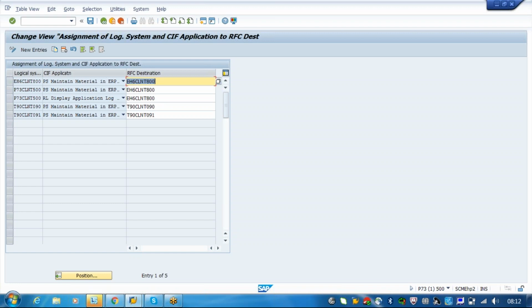If you see here, logical system and the RFC destination. So this is the destination you are connecting. From this server, if you want to send any data, it will come here. And from this server, if you want to send any data, it will come through this destination system. So this is what we are going to connect, the RFC destinations.